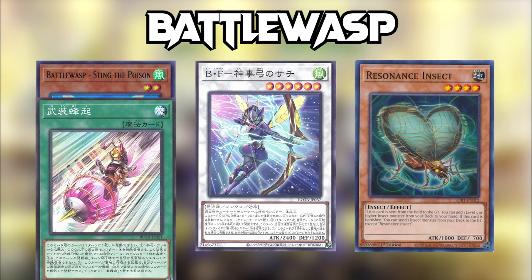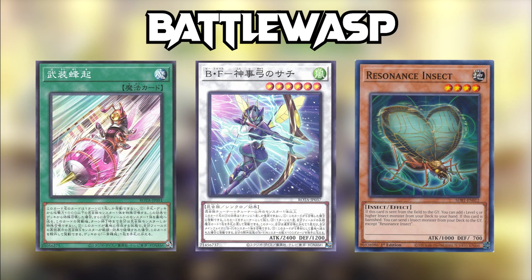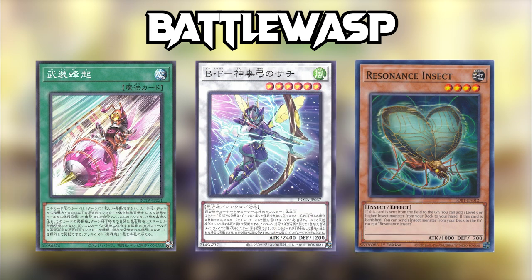And while Resonance is conveniently on screen, we should talk about Rebellion, which doesn't say Battle Wasp anywhere on it, so I actually almost forgot it existed when writing this segment, but is easily the best consistency piece insects have gotten yet. With over 100 targets, maybe we can circle back to this one on that other show I keep forgetting is really hard and no one actually watches, but the TLDR is that now you can activate Resonance Insect